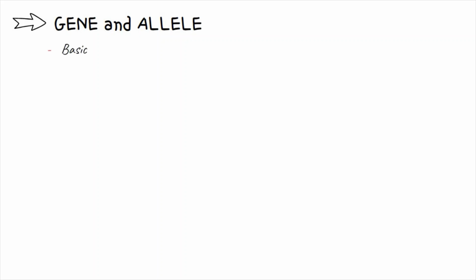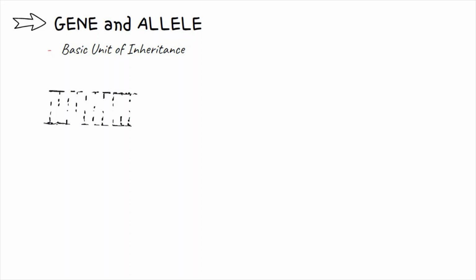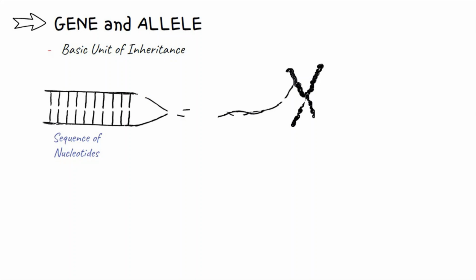Gene is the basic unit of inheritance, meaning that the genetic material is transmitted in form of units, and those units are called gene, and the inheritance of one complete gene takes place but not the portion of that single gene. And these genes consist of a sequence of nucleotides, either deoxyribonucleotides or ribonucleotides in case of viruses, and this